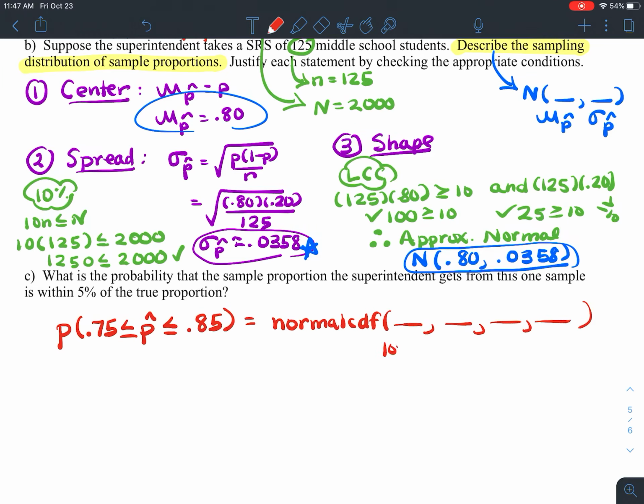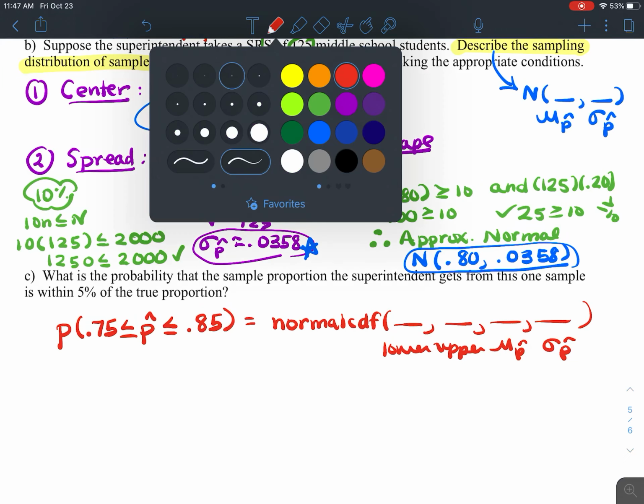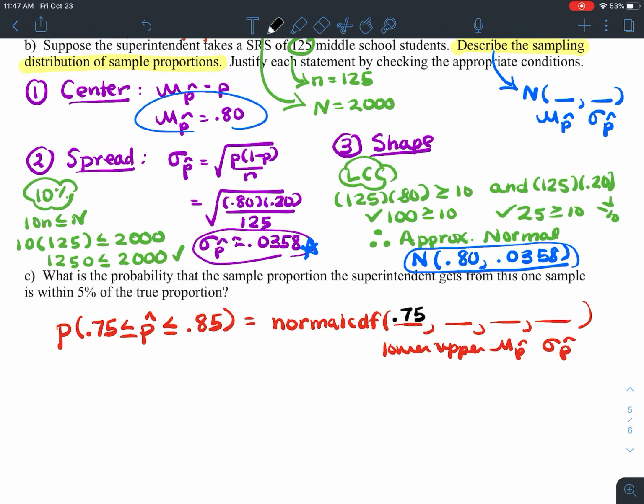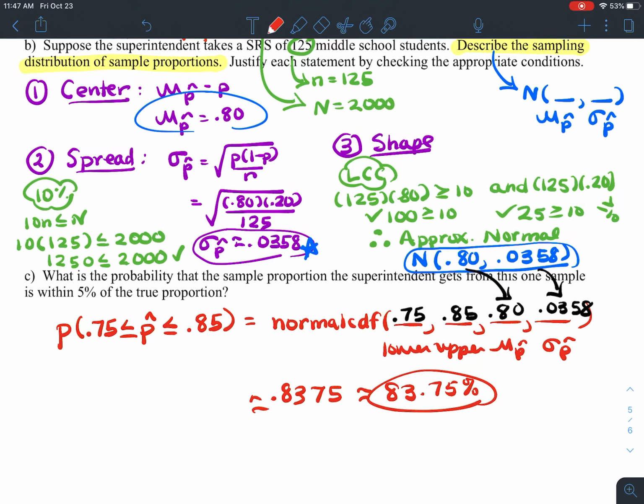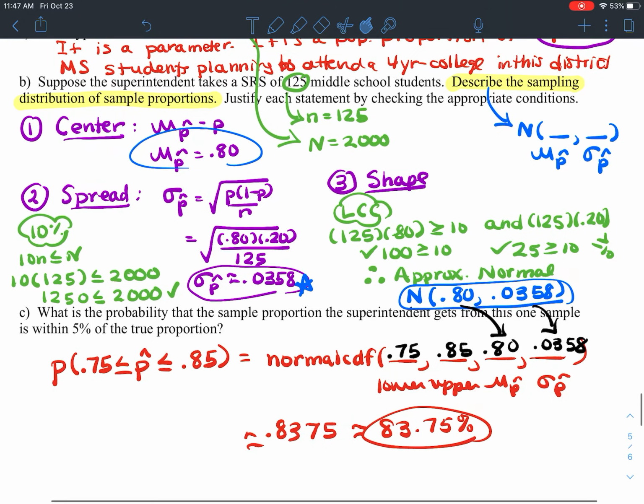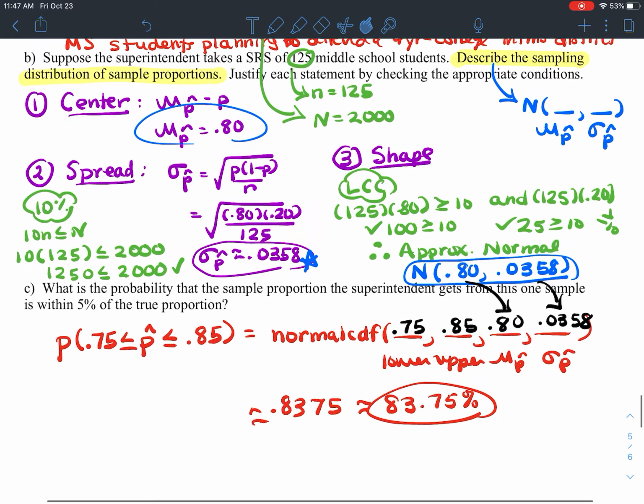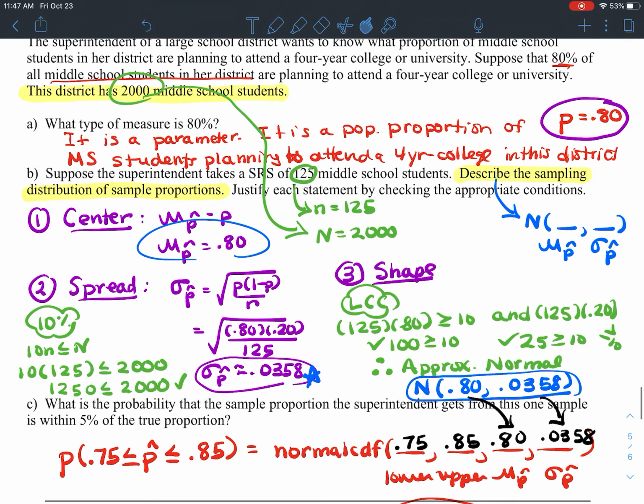I'm going to go ahead and use the calculator feature. Okay, my lower would be 0.75, upper 0.85, and then I'm just pulling these right here. Okay, we type that into the calculator. We roughly are looking at about an 83.75% chance that for her sample, that sample proportion would fall somewhere between 75% and 85% of middle school students saying that they are planning to attend that